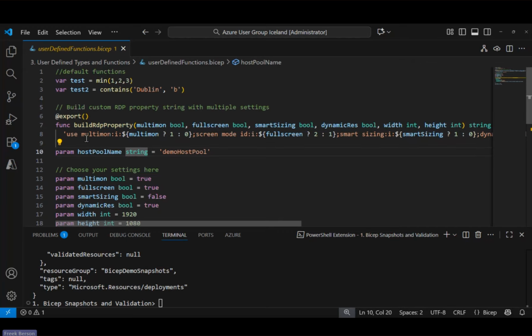So in this case, it's a custom function that builds a remote desktop property object. So it adds a couple of strings in the right order. But of course, the function could be anything that you need. So that's a great way to add some additional customizations and doing things outside of the Bicep language that require functions to do. The other great thing you might be aware of is the export decorator, right? So in this case, I'm saying this function is also allowed to be exported towards other Bicep files.